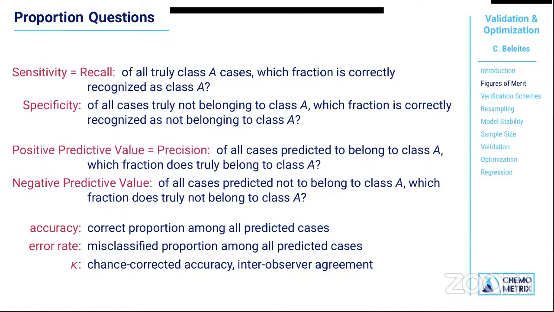Anyways, precision or positive predictive value means of all cases that are predicted to belong to class A, which fraction does truly belong to class A. And usually, most users are more interested in the predictive values than in sensitivity and specificity. Because if you go for a COVID test and get it positive, you want to know what the probability is that this result is correct. You're not necessarily interested how well